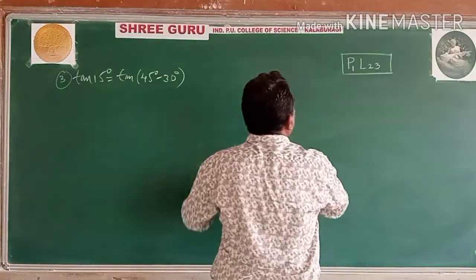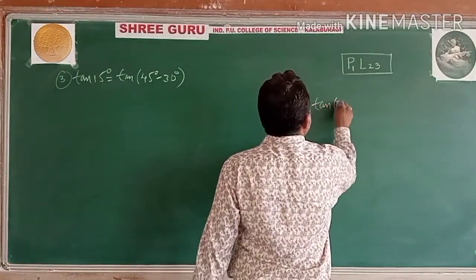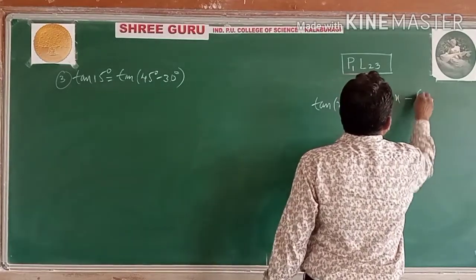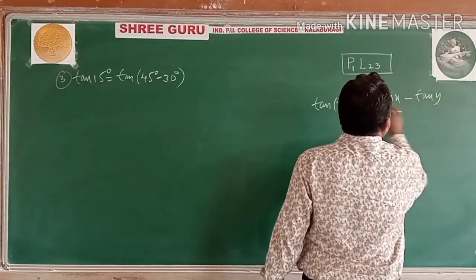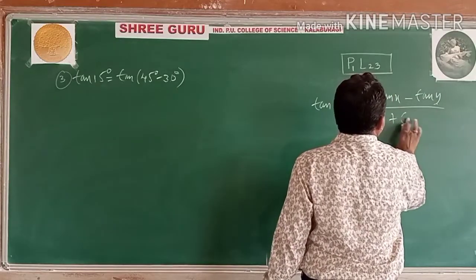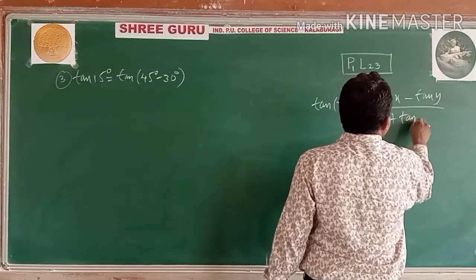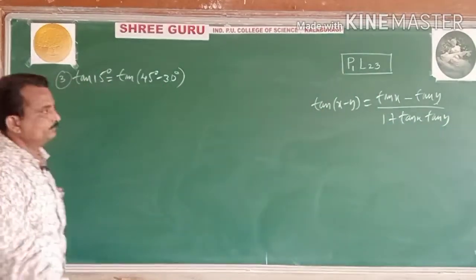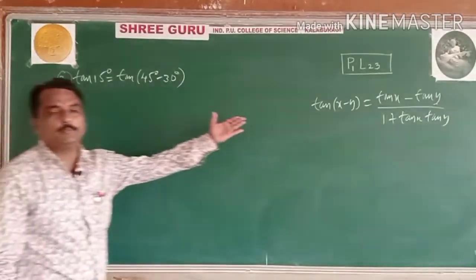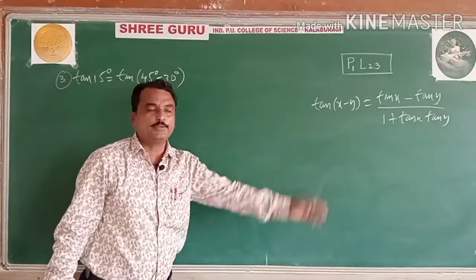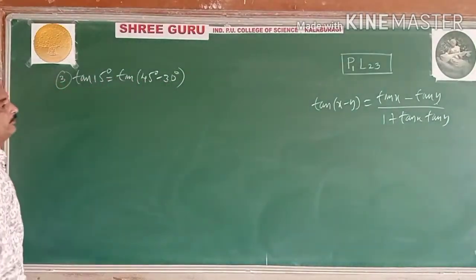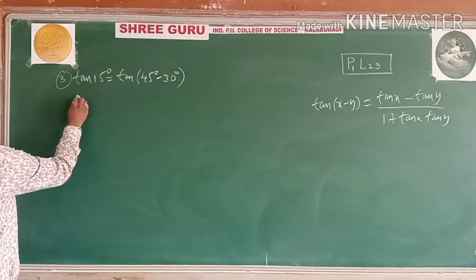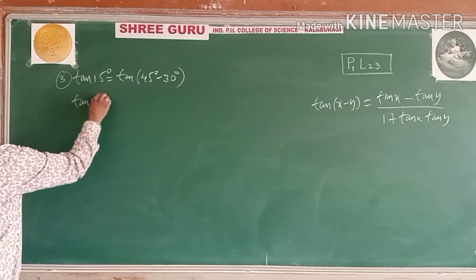What is the tan x minus y formula? Tan x minus tan y divided by 1 plus tan x into tan y. Is it the tan of x minus y formula? These are all we have calculated by using that theorem. One of the important results is tan of x minus y equals tan x minus tan y divided by 1 plus tan x into tan y. So let us expand using that.